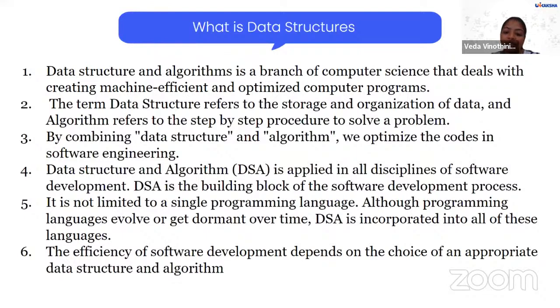After that, there are plenty of things inside data structures, and they help in multiple disciplines of software engineering and development. In each and every software development, let us take full stack development or an ML project, or whatever it may be, there should be some data, right? It should be in a structured format, and that is where data structures are used.